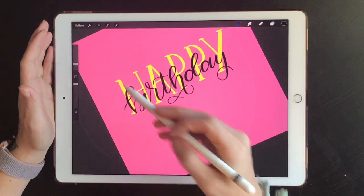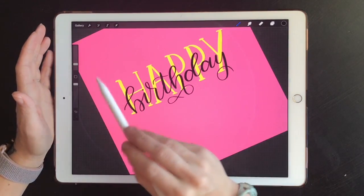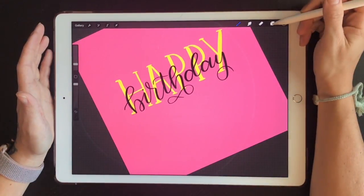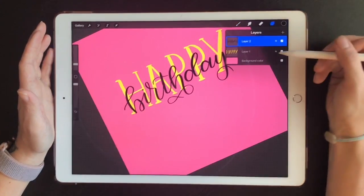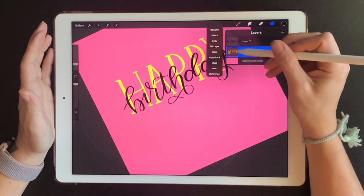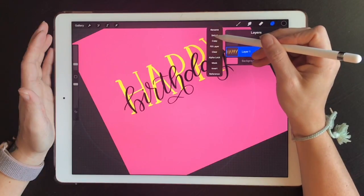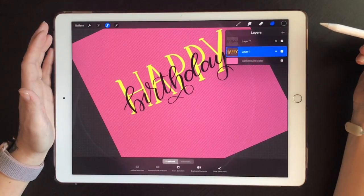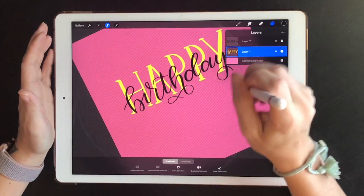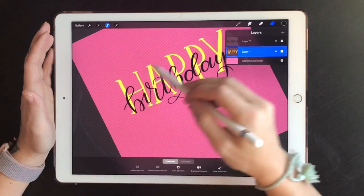on top. So now we want to make it look like certain pieces of this script font are behind pieces of the print font. So what we're going to do is we're going to go back up here. You're going to click on your happy layer until this little menu pops up to the left. Then you're going to click select. So then you have all these little diagonal lines. So what happens here is you can only now go over happy, like it's the only thing that will be